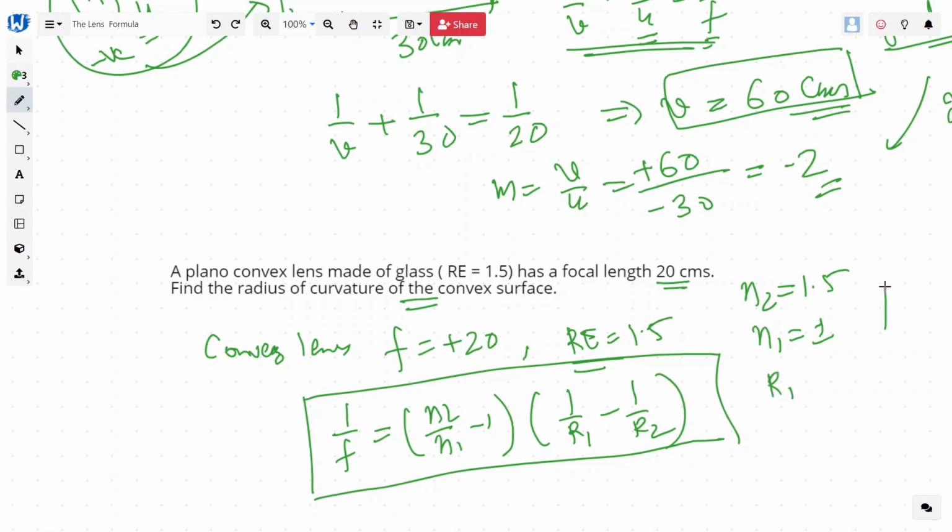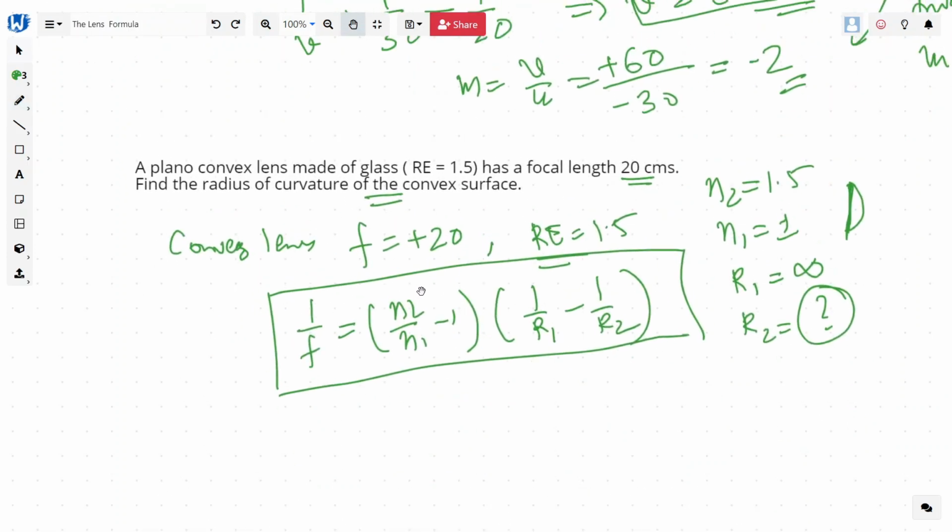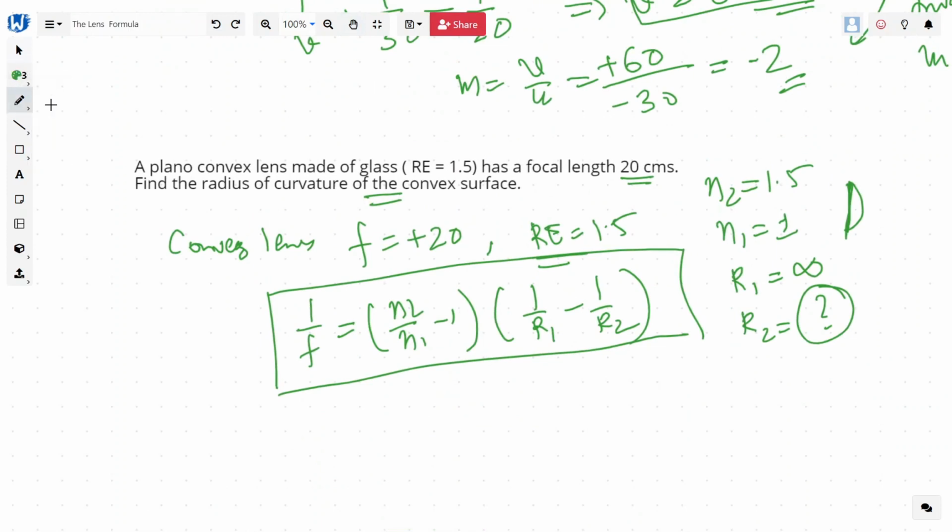Assuming that it is a planar convex lens and the object is on this side, right? So we can say the R1 is infinity, right? Because the plane surface, and the R2 is, we don't know, right? That's what we need to find out. So with this information, let's proceed and put in the numbers here to find the value of R. Now F is positive, so 1 by 20, right, is equal to